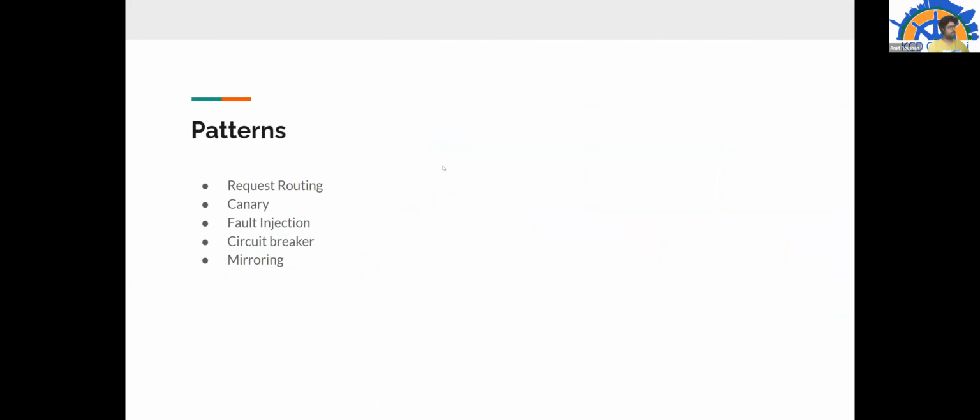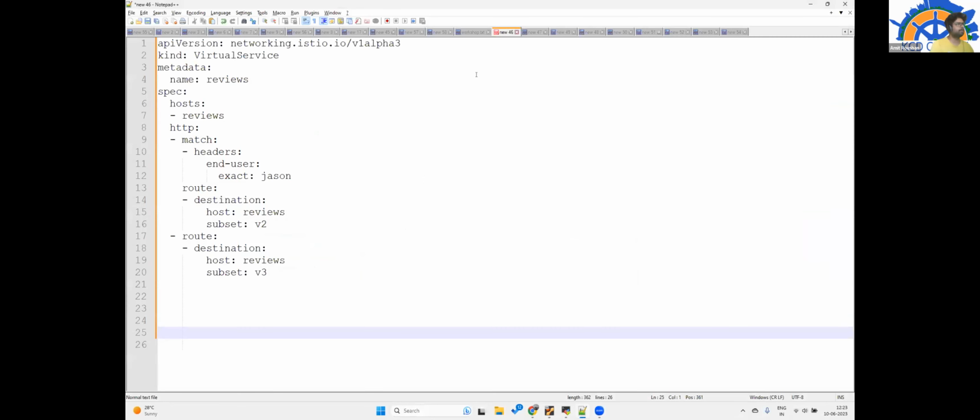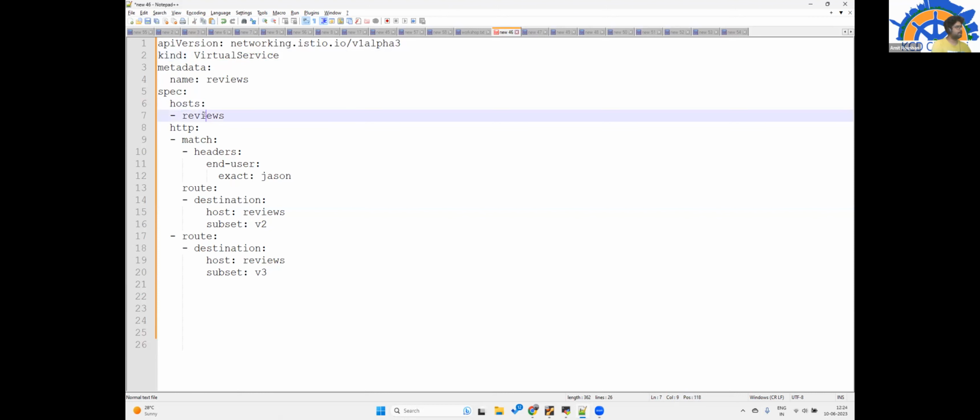Before that, I would like to show something. This is the theory part of it, but if you want to see how the actual abstraction looks, it is this. It is a virtual service, which is a CRD kind, and this host is the placeholder name.